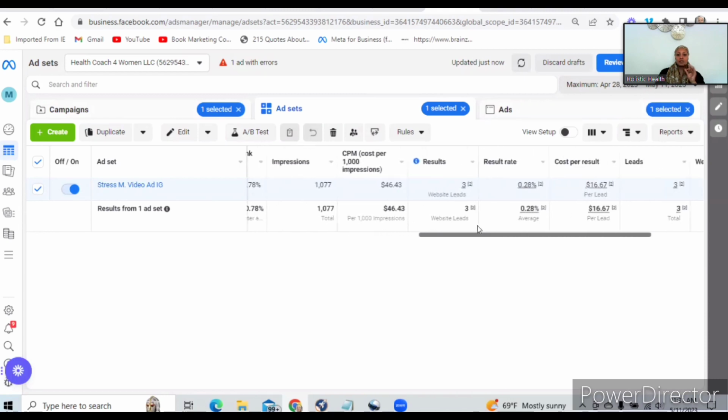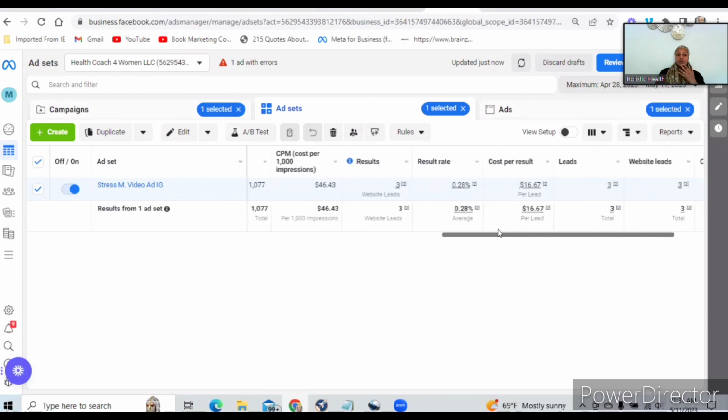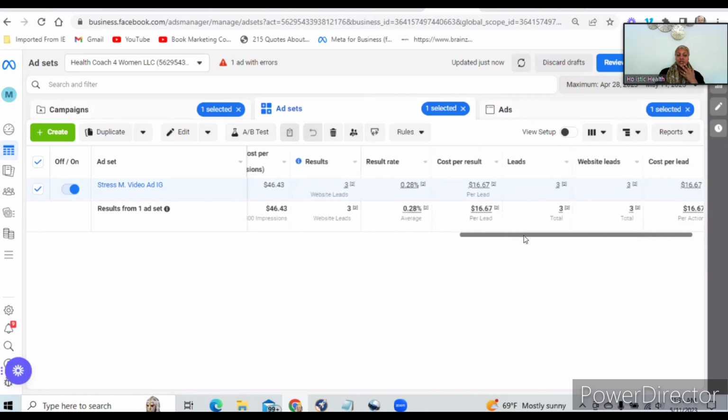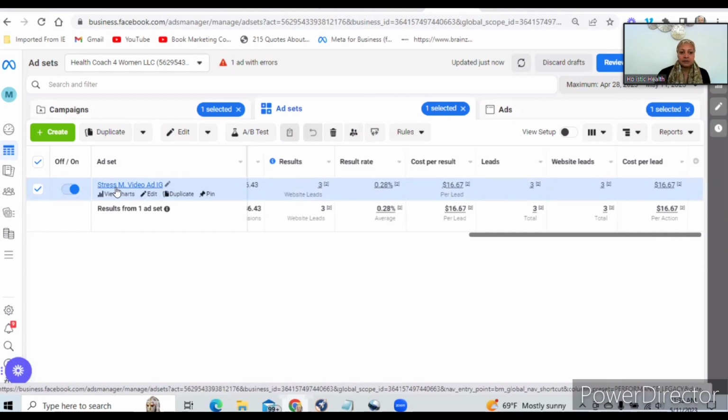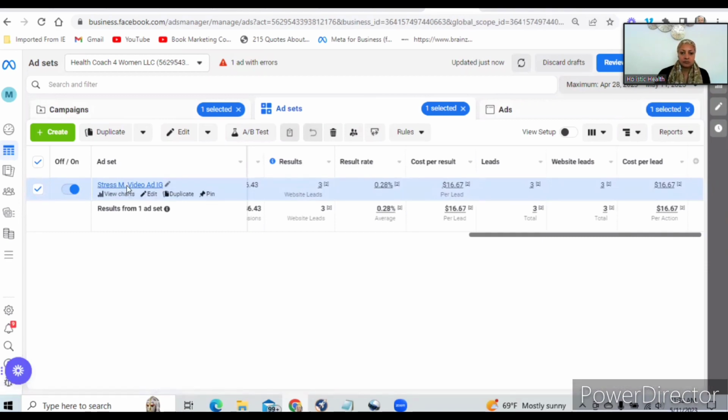Okay. Yes. Well, I had another image that was doing okay. It was still a little high, but it was generating some leads. So maybe I just need to, I was trying to match everything up, like have everything being the same video with the same image of the same person, you know, try to give it like uniformity. So that's what I was trying to do for the video, for the image ad. Okay, so basically maybe on this ad,